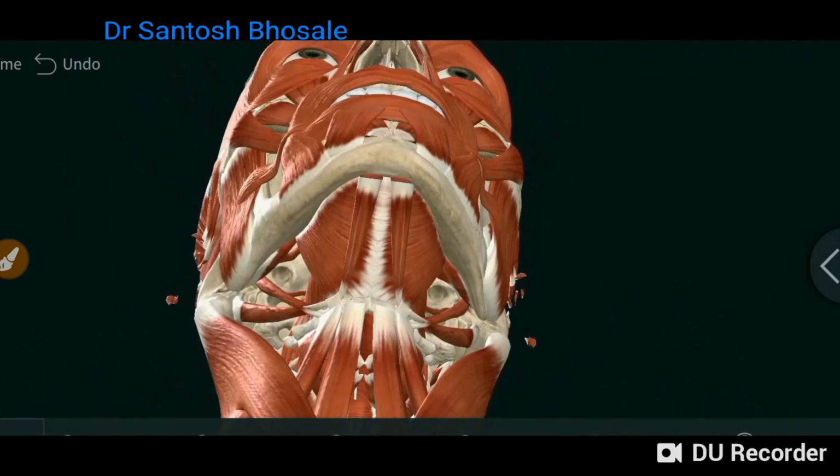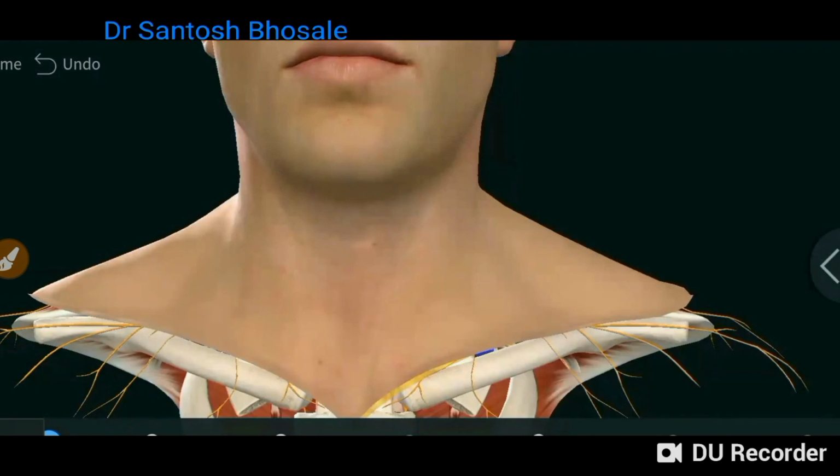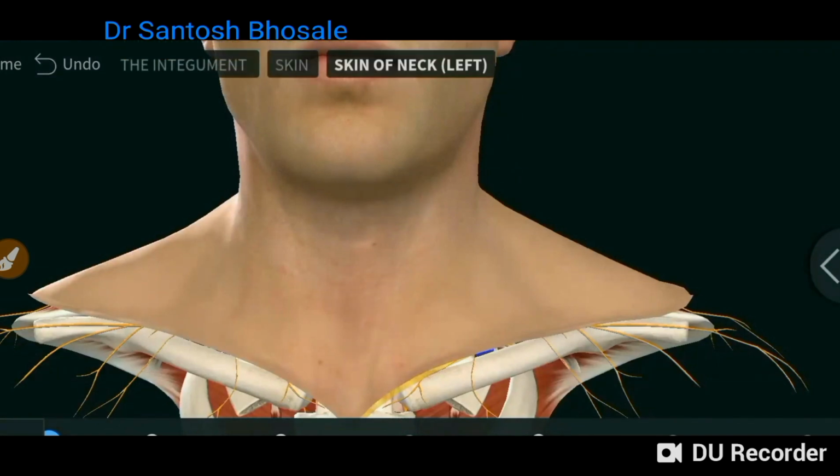Whereas when you see the anterior triangle here in the median plane, you can see the submental triangle. I already told you the submental triangle is a median triangle and an unpaired triangle. It belongs to both the sides. It is unpaired, whereas the remaining three triangles are paired. You can see the boundaries. Apex is formed by symphysis menti, base by the body of the hyoid. On either side you will see the anterior belly of digastric.